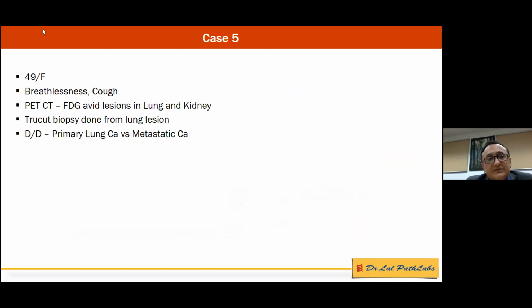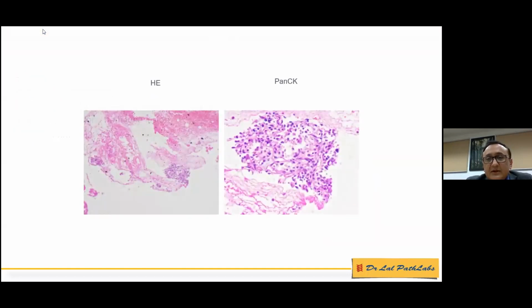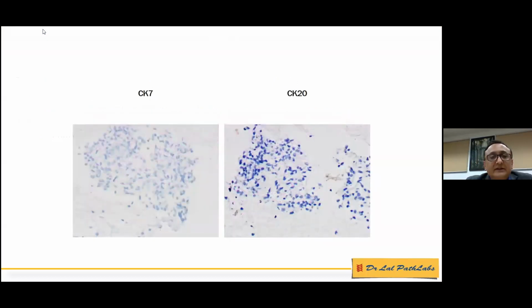Another case, a 49-year-old female, with breathlessness and cough, and lesions in the lung and kidney. A Trucut biopsy was done from the lung lesion, which was more approachable. Clinically, the diagnosis was primary lung carcinoma versus metastatic carcinoma. It was a very small biopsy. Most of it was necrotic, but there was a small bit of viable tissue wherein the markers showed both CK7